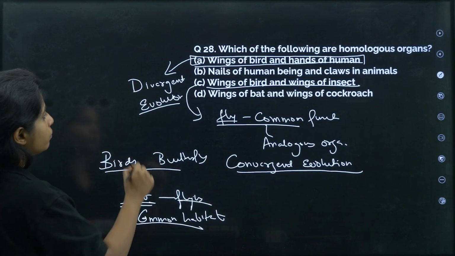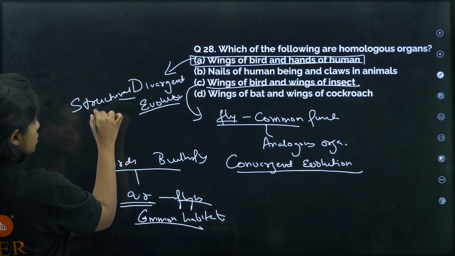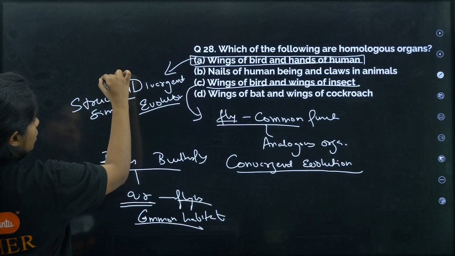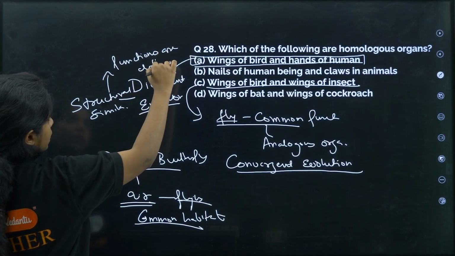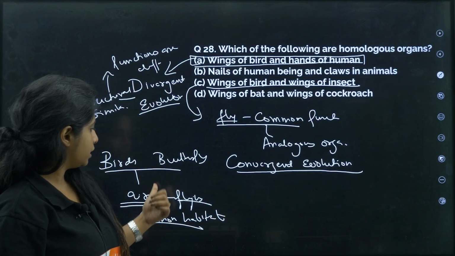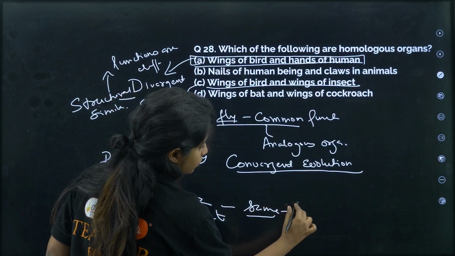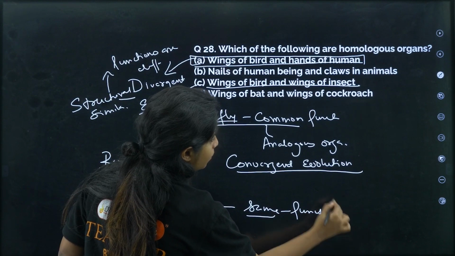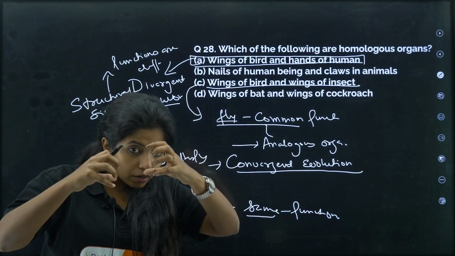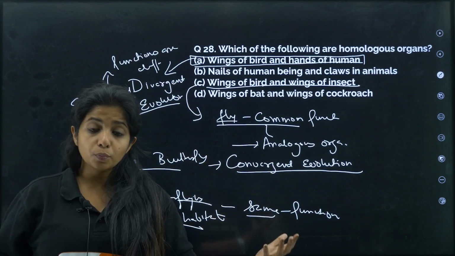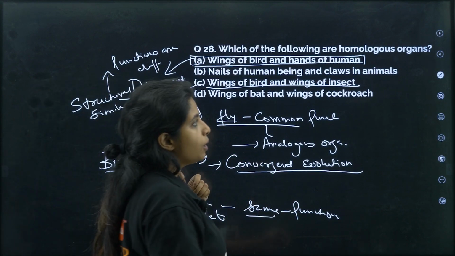Whereas when you talk about divergent evolution, it is having structural similarity. There is structural similarity, but if you see the functions, they are different. Over here, if you see, the functions are what? Same, that is flying. So this becomes an example of analogous organ, and this is an example of convergent evolution. We are converging to a point. Convergence means converging to the same habitat, which is making them have similar properties. Not look similar, basically have similar properties.